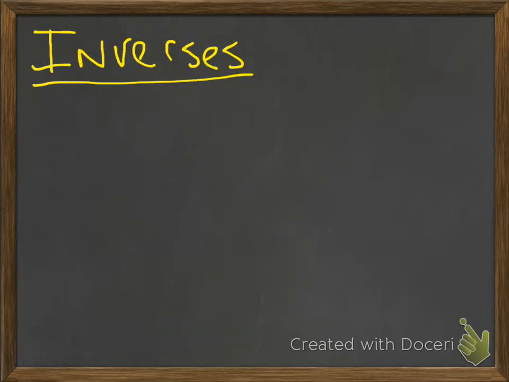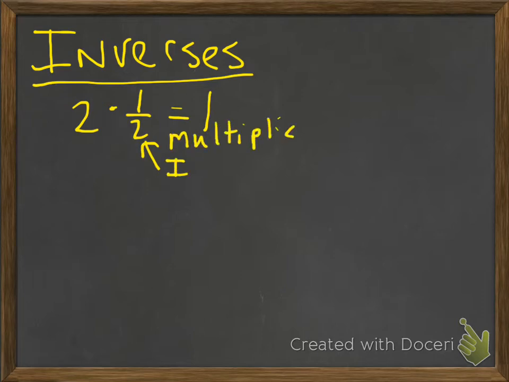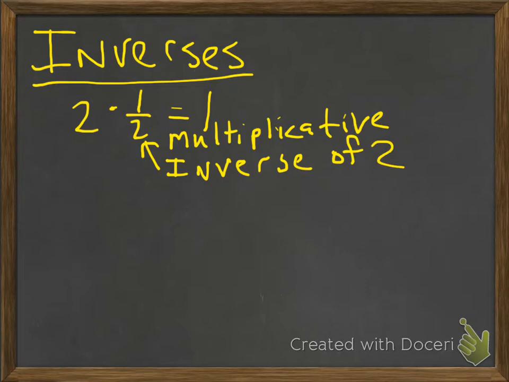When we're talking about inverses here, we're talking about multiplicative inverses. It's similar to what you used to do with numbers: if I said 2 times 1/2 is equal to 1, then I'm saying that 1/2 is the multiplicative inverse of 2, because when you multiply those two together, you get an answer of 1. Well, when you multiply two matrices together and you get the matrix equivalent of a 1, which is the identity matrix, 1, 0, 0, 1, or 1, 0, 0, 0, 1, 0, 0, 0, 1,